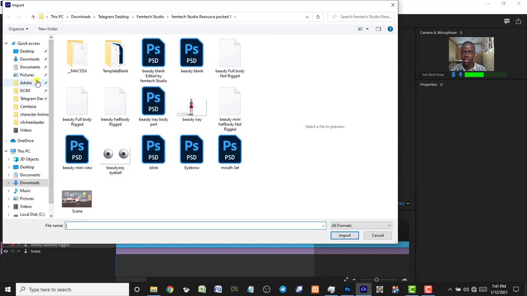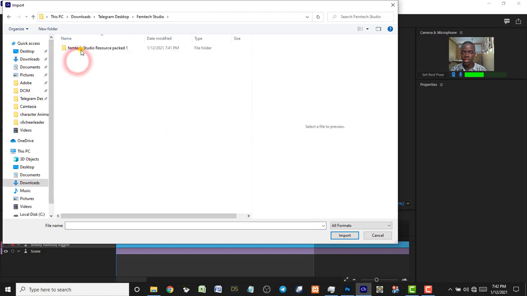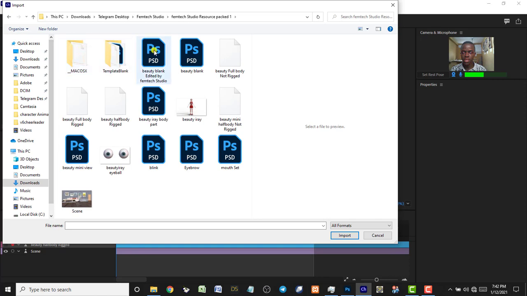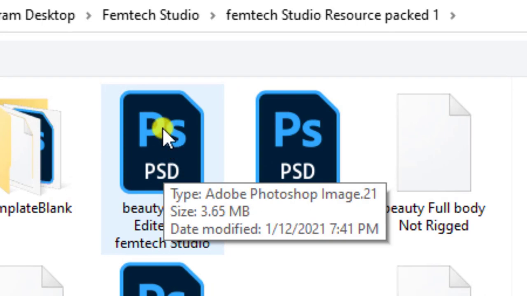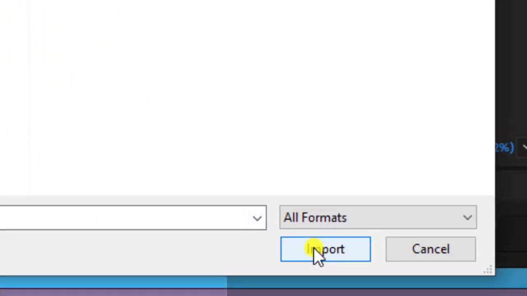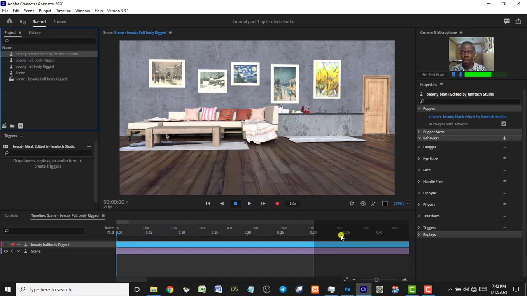All right, then locate where that file is saved. So I guess I saved it on the desktop, Telegram desktop, Femtech Studio, source pack, which is this. If you've been following along, you could have clicked on this. But since this is the one I'm using, I'm going to select this, then select import. Now once it's been imported, nothing will appear on the screen, but you will see it visible on the